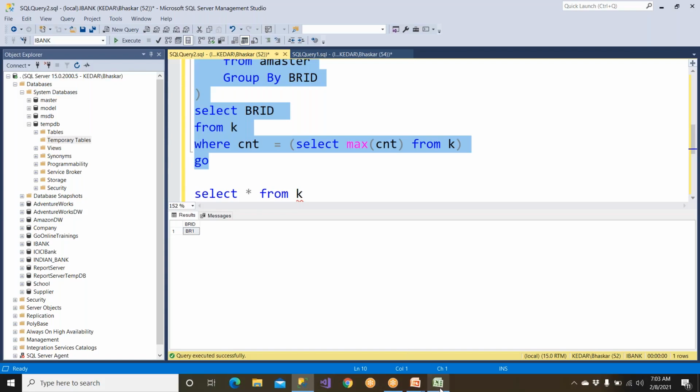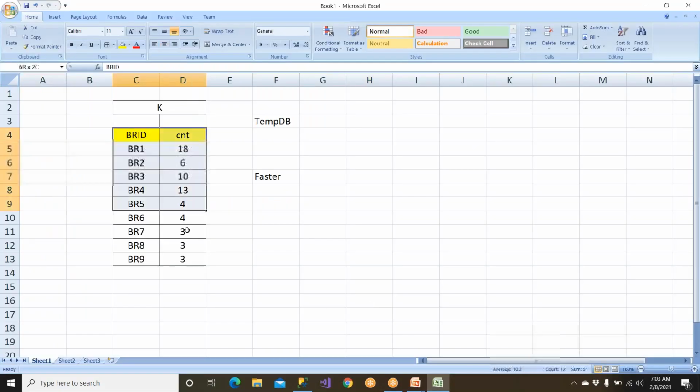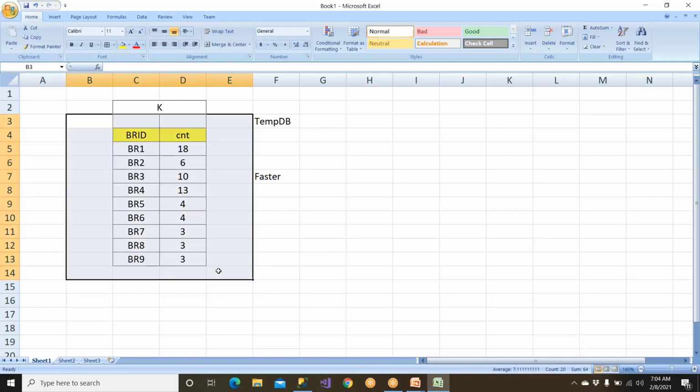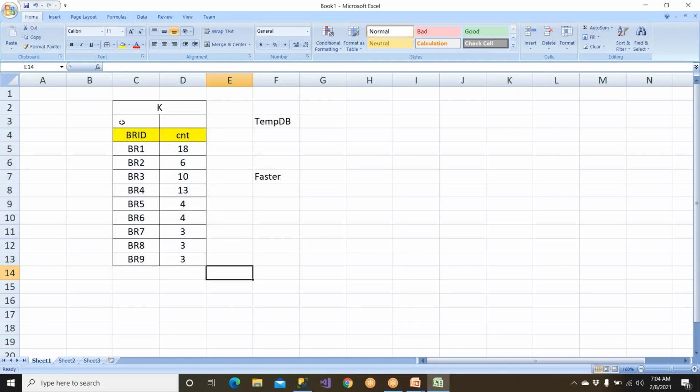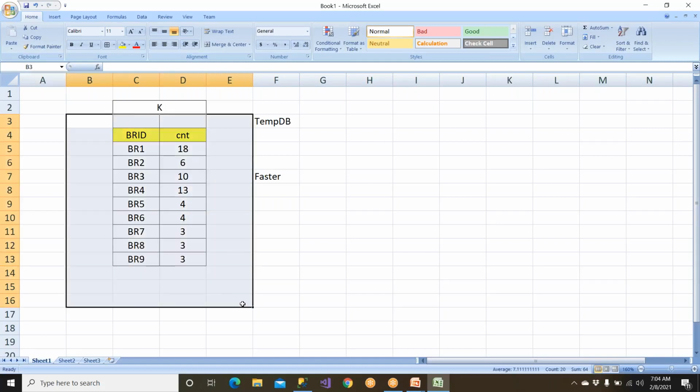Okay, so CTE is going to be storing the data, but the problem is that only that query can use it multiple times, but not the other query. If you're carrying a water bottle, you can use it multiple times, but not the guy who's sitting next to you. Clear? But if I would like to store the data, and again I should be able to use it, and everybody else should be able to use it. Clear? So it is not a permanent one, right? It is a temporary one. So if that is the case,